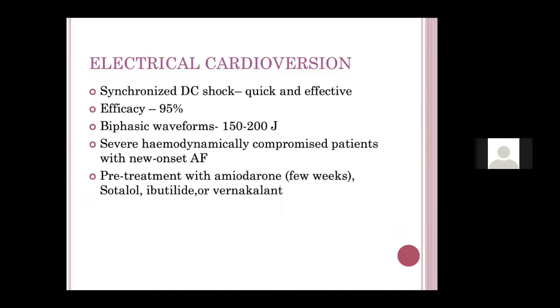That is the second thing. When you are giving it for AF, there are two ways. One, you can put anterior paddles, one on the sternum, second on the apex. But the best way, if the patient is stable, is to try an anteroposterior placement, one over the sternum and second behind, on the lateral border of the scapula, between the two scapula. The energy delivered is more in the anteroposterior as compared to the anterior ones. You have to give 200 joules at once.